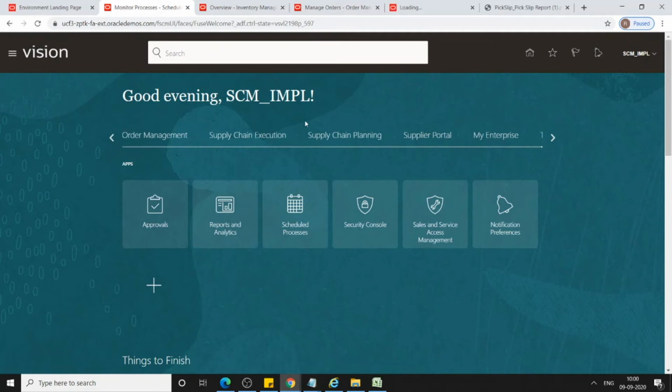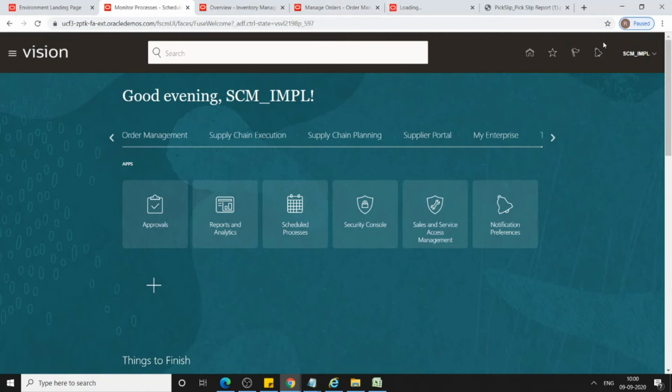Now don't get confused. I have opened multiple pages because the SCM IMPL user has multiple roles to create the sales order, do the picking and shipping, and submit or view the programs.